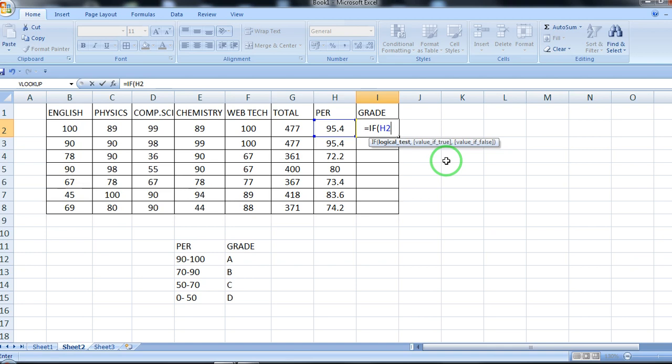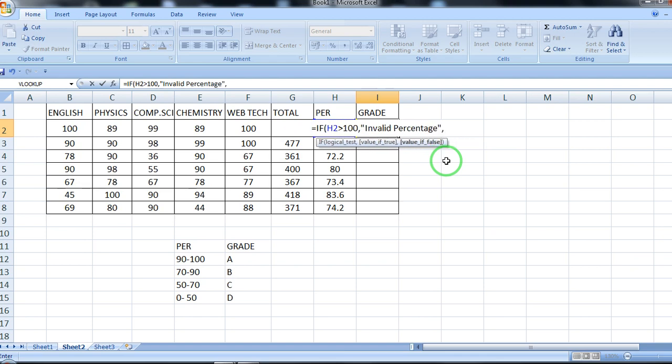So if H2 is greater than 100, suppose by mistake I have entered a percentage which is more than 100, it should display invalid, because percentage cannot be more than 100. You can write it in small letters also, invalid percentage.